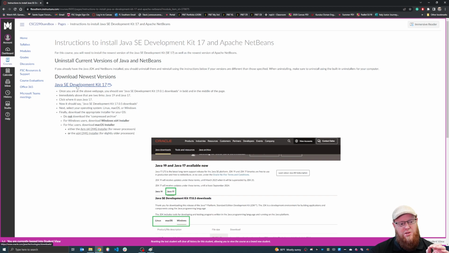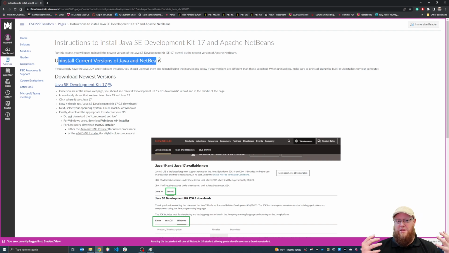What I want to do is start by downloading both of the files we're going to need. So I'm going to click this link. It says download the newest versions, and above it you notice it says uninstall any versions of Java or NetBeans that you happen to have. So if you have them installed on your machine, go ahead and uninstall them unless you're sure they are in